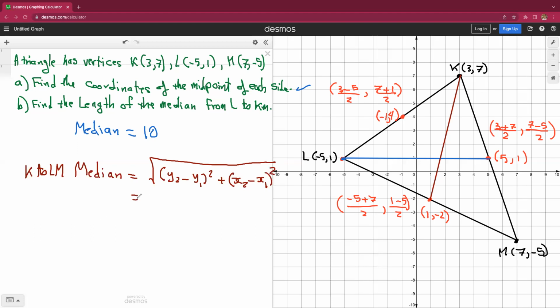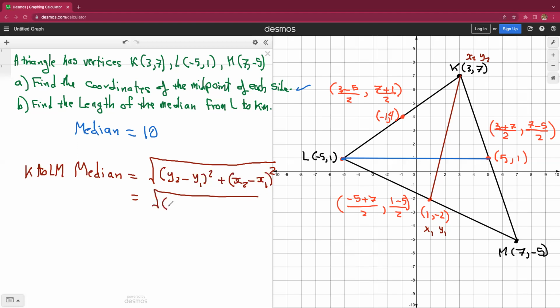So again, you have the choice to call this x1 or x2, it doesn't matter. If you call this x1, then this has to be y1. Therefore, this is going to be x2, y2, because that's your median. And if you want to calculate the length of that, then you have to use these 2 points and just plug them into this equation,